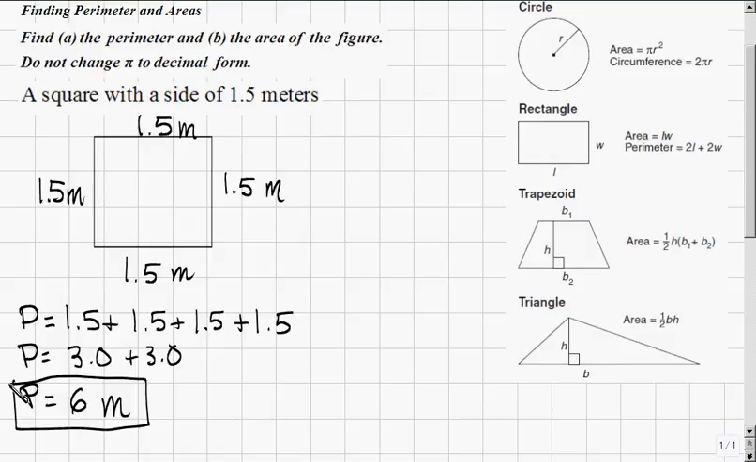For our second half, let's find the area, and we'll use the formula on the right for a rectangle, which works for a square, where we'll multiply length times width. We only need one length and one width in order to use this formula. So the length we'll label as 1.5, and the width we'll label as 1.5. So the formula, A equals L times W, plugging in L and W as 1.5, will be 1.5 multiplied by